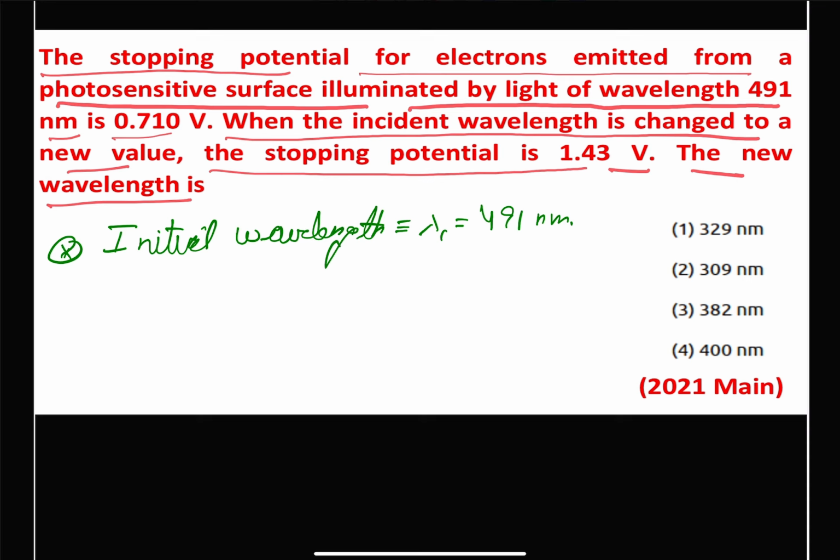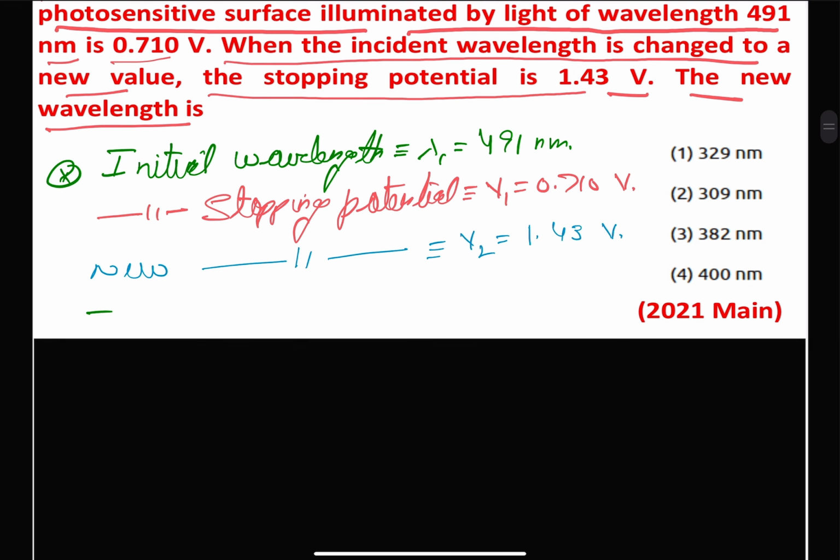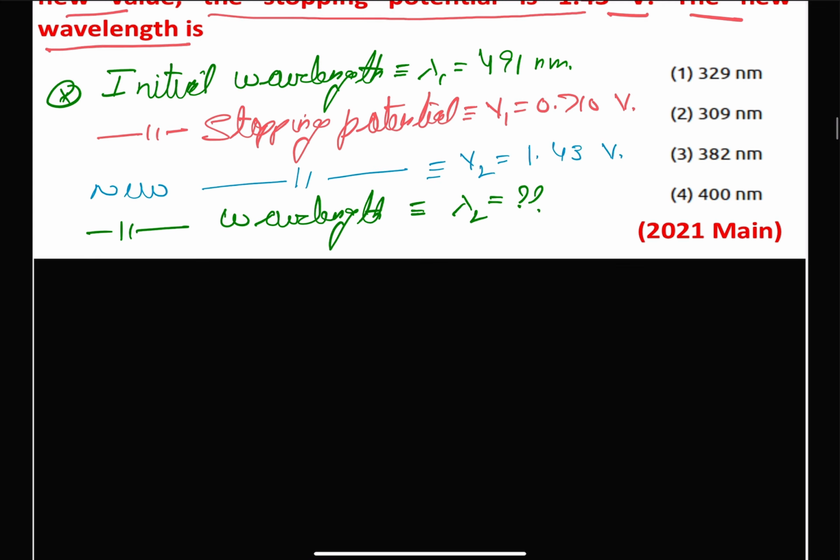So the initial stopping potential V1 is 0.710 volts, and we have a new stopping potential V2, which is 1.43 volt, and for this stopping potential we can write a new wavelength, lambda 2, which we are going to find out,